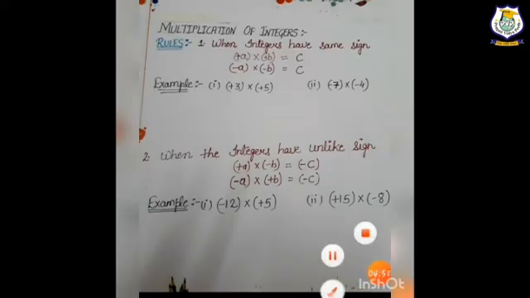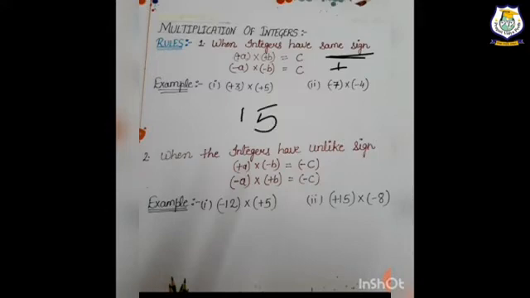So now here I have taken some examples to tell you more about the multiplication of integers. As I have told you the first rule, when the integers have the same sign, then the answer will also come with the positive sign. So the first one is plus 3 multiplied by plus 5. When we multiply 3 by 5, what do we get? We get 15, right? And both have the plus sign, it means it is also with the positive sign.